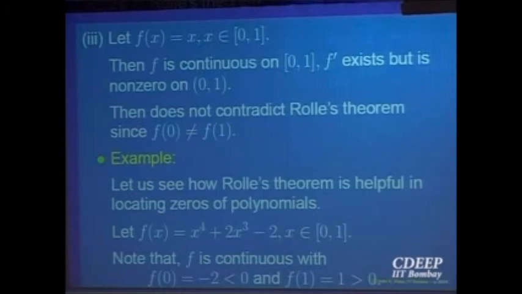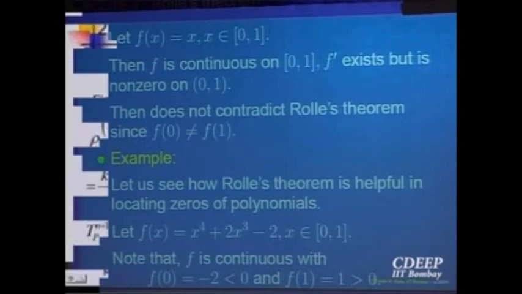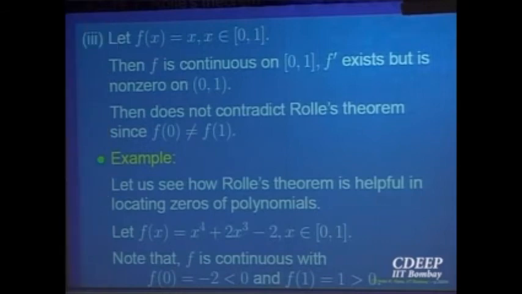Given a polynomial, you try to take some possible intervals. In 0, 1, now you can shrink. Instead of 0 to 1, you can take 0.5 and 1. Try to shrink if you want to have a better approximation. In 0 and 1, there is a root. Now we would like to know, does this polynomial have more than one root in that interval 0 to 1? Or does the graph cut the x axis once or more than once, geometrically? Does this polynomial have more than one root in the interval 0 to 1?